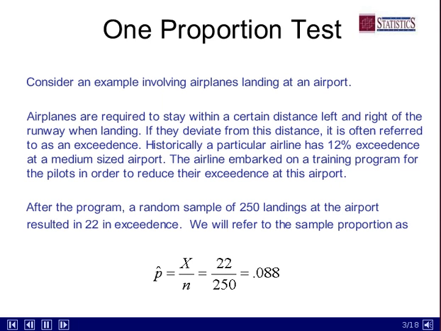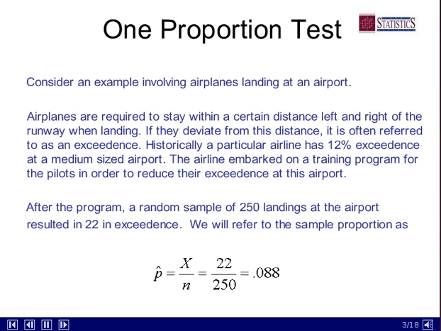After the program, they collected a random sample of 250 of these landings at that airport, and it resulted in 22 that were an exceedance. So we can refer to the sample proportion as p hat from a notational point of view. It is simply referred to a lot of times as x over n,